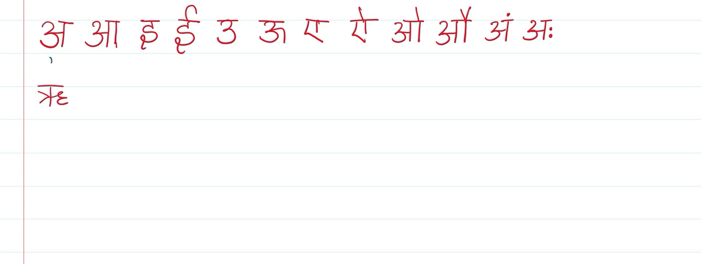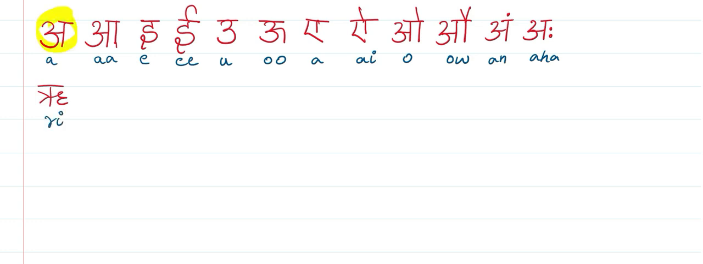So if I say the first one is I, E, U, U, E, I, O, Ow, An, Re. One more time. A, A, E, E, U, U, E, I, O, Ow, An,